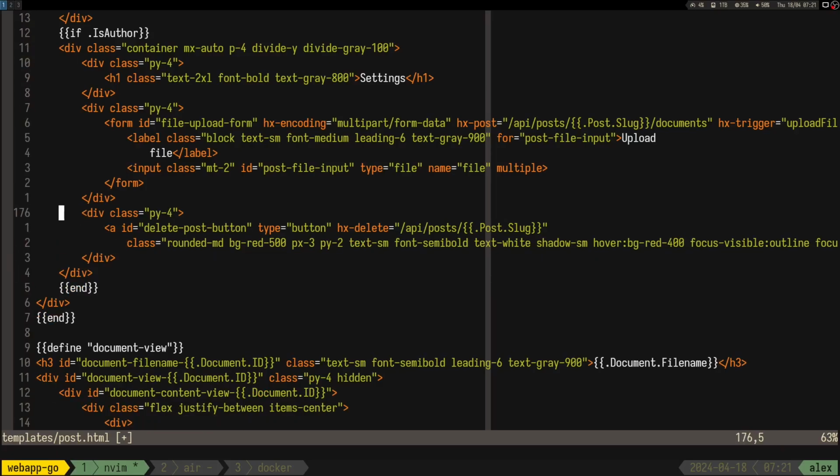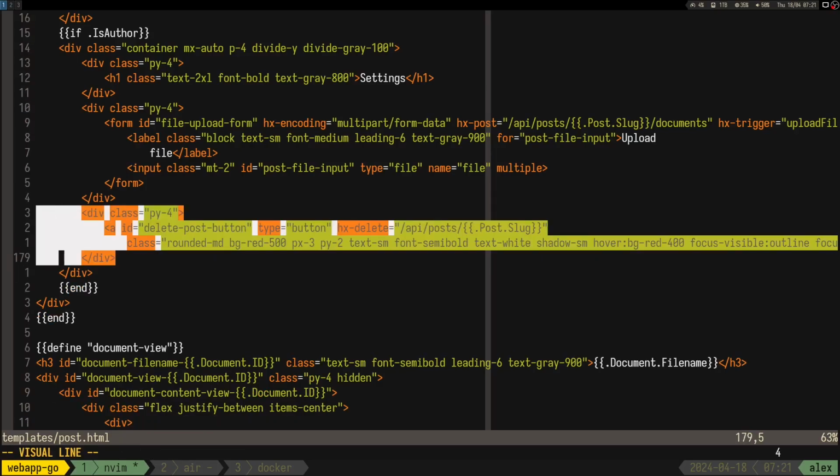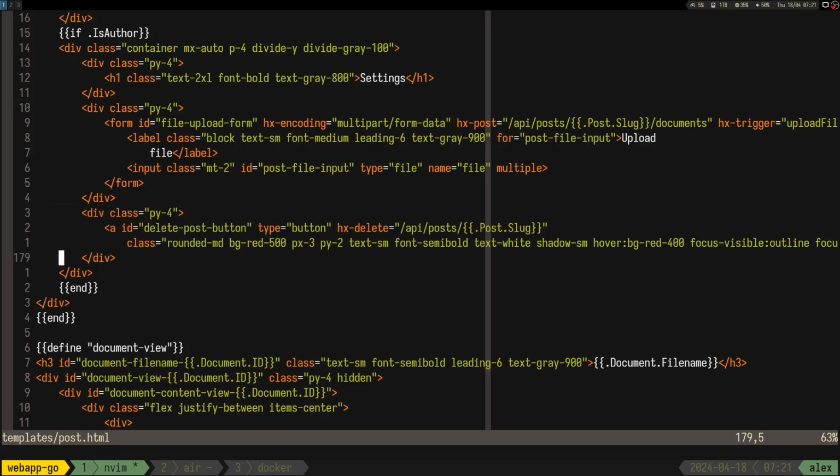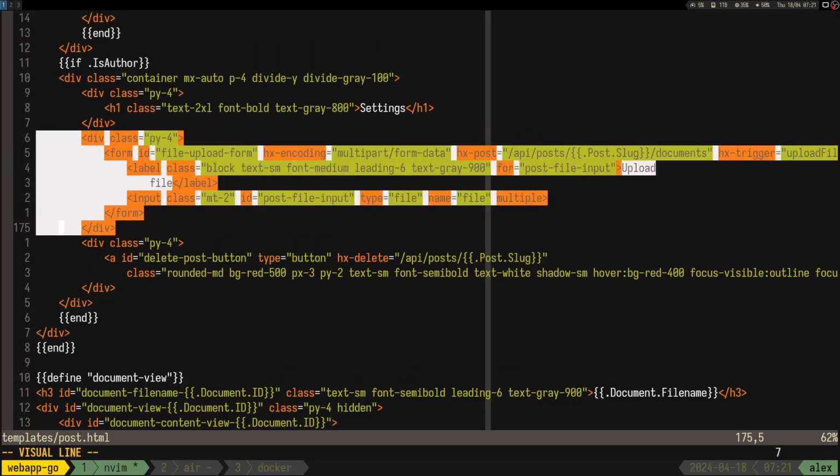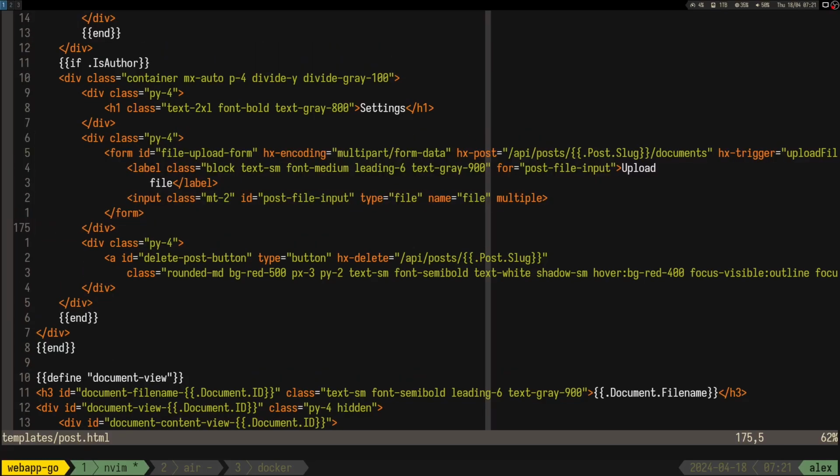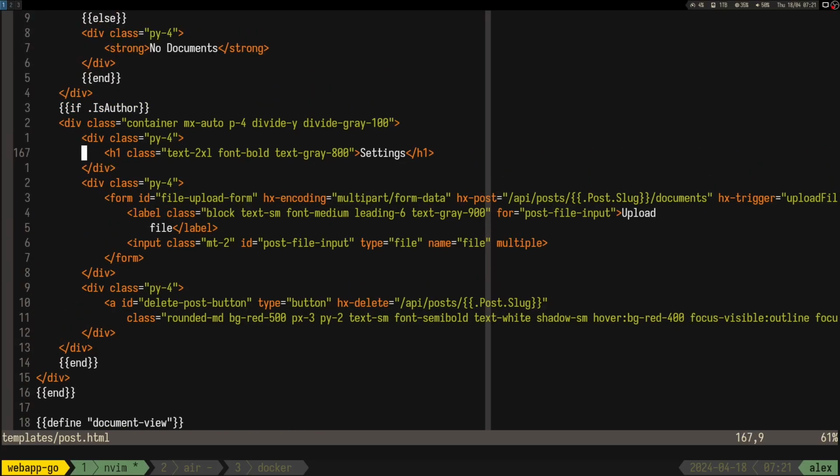right? Because yeah, sure, you don't want to be able to see the delete button. It's not gonna work anyways if you're not the owner, so if you're not the author, it's not gonna work. And even upload is not gonna work, so what's the point of seeing upload if you cannot use it? I was thinking maybe have like suggest document and the owner can review it, but that's way too complicated. And yeah, there's no point in seeing the settings if you don't have settings. So